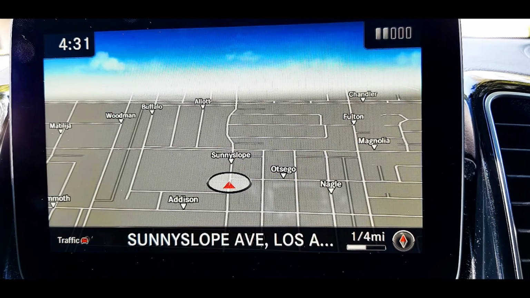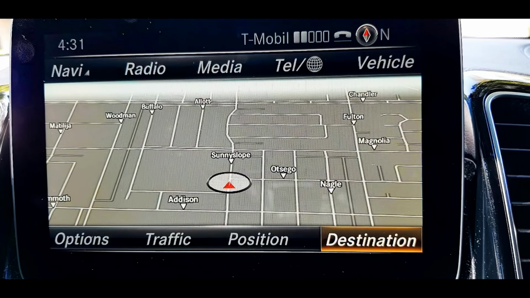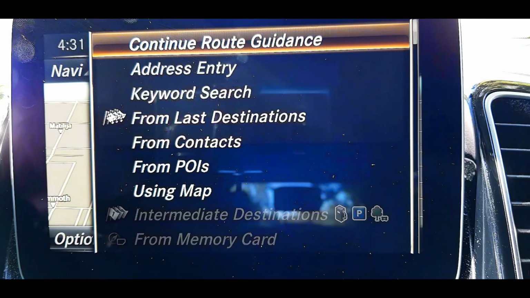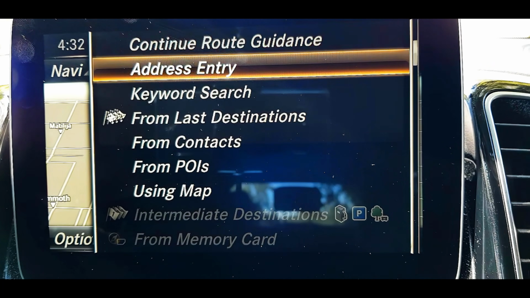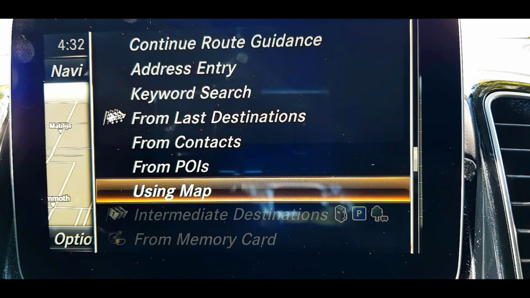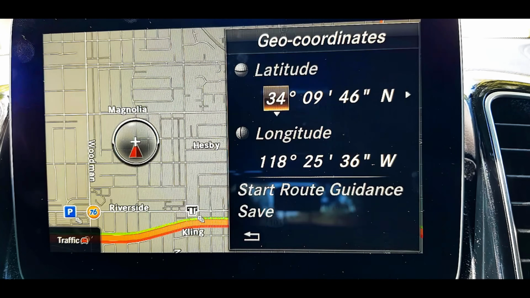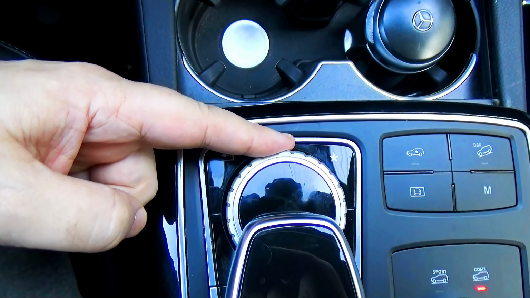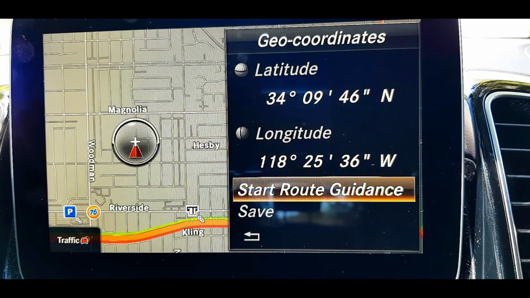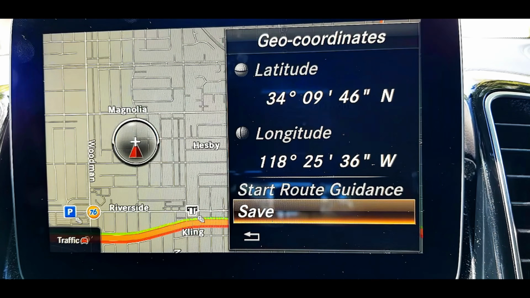What if there is no address? What if you're in the middle of nowhere, in the middle of the desert, in the middle of somewhere there is no address, there is nothing? Then you have to go all the way down and save your position using geo coordinates, where it shows your precise GPS position. Now all you have to do is go down to save, hit enter,